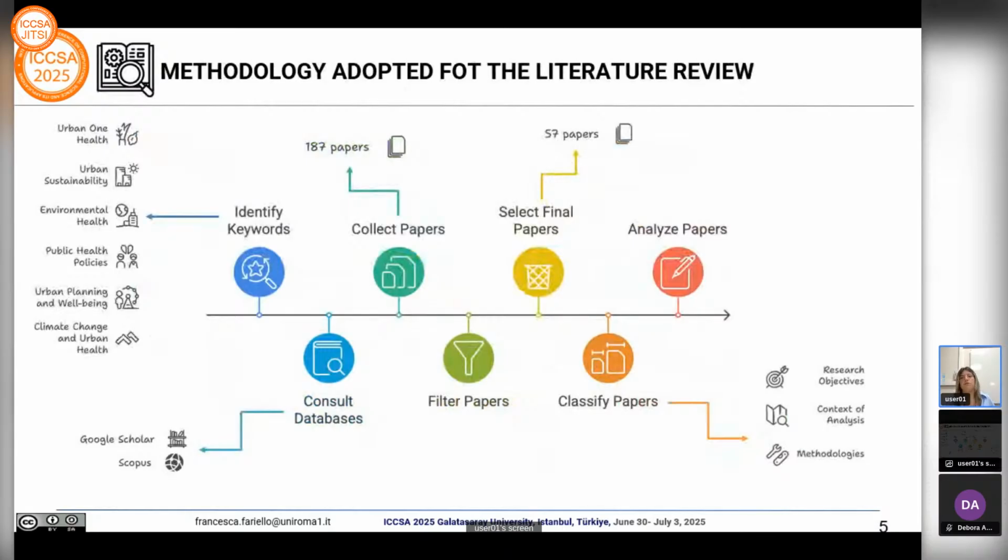The methodology followed in this study began with the identification of a set of keywords representative of the main themes linked to the Urban One Health approach, such as urban One Health, urban sustainability, environmental health, etc. Using these keywords, a systematic search was carried out on the main academic databases, for example, Scopus and Google Scholar, which led to the initial collection of 187 papers. At the second stage, a filtering process was conducted to assess